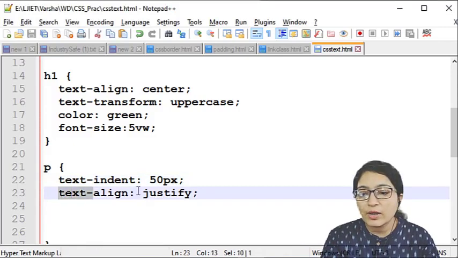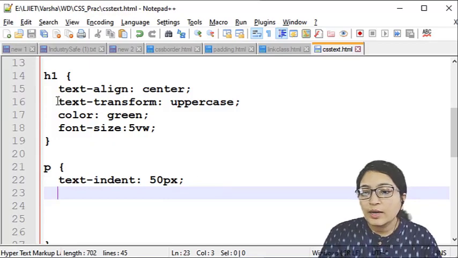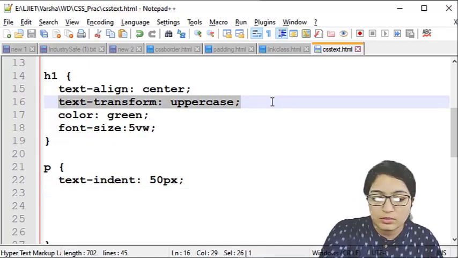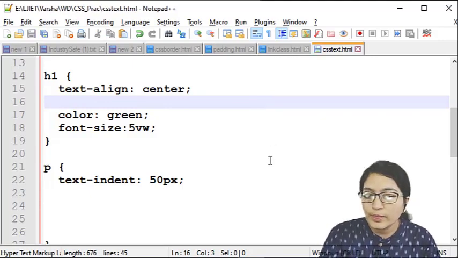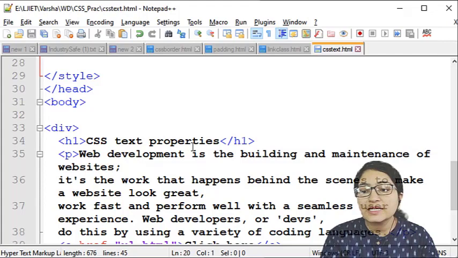Suppose right now I am not using this property. So what will be the output of this? Let's see. Again, remove this property, text transform uppercase. So by default, here you can see in H1 we have written CSS text properties. So here CSS is in capital letters and the text properties are in small letters.